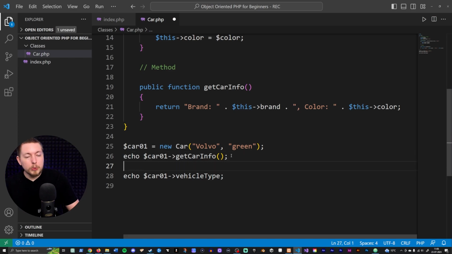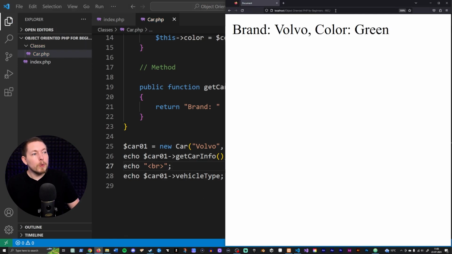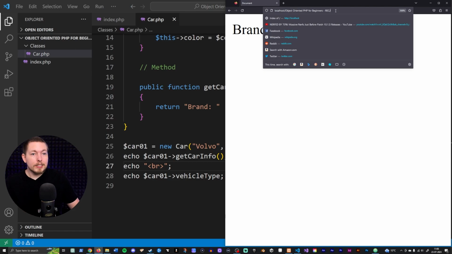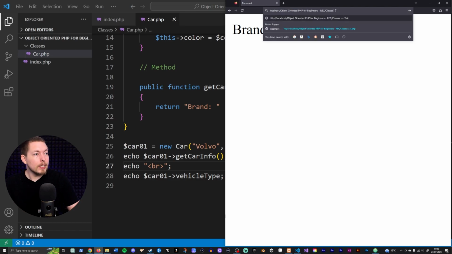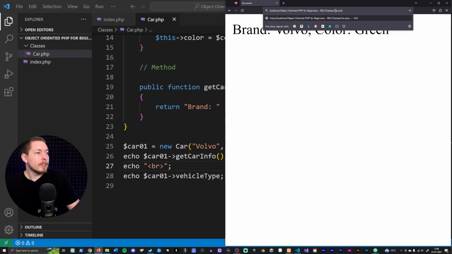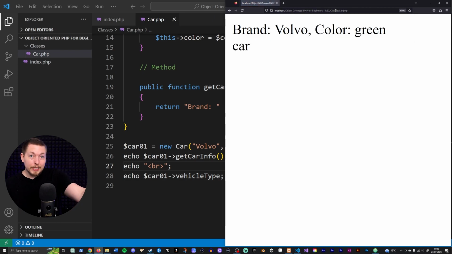Now let's actually go ahead and include a break in between here, because I want to actually show you this inside the browser. So we're just going to echo out a HTML break because we can do that. And then I'm going to go inside my browser, and I'm just simply going to go inside my directory called classes, because we do have that inside our website here. So classes, and I'm going to access car.php like so. And then you can see we get the same thing, but we also get car below it